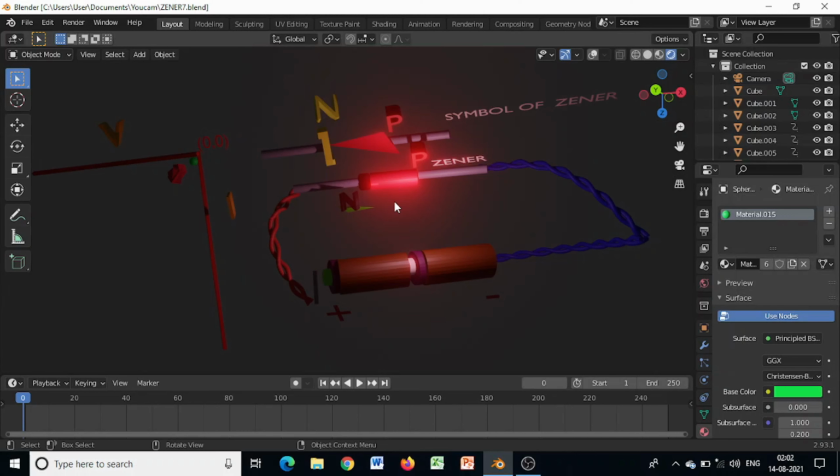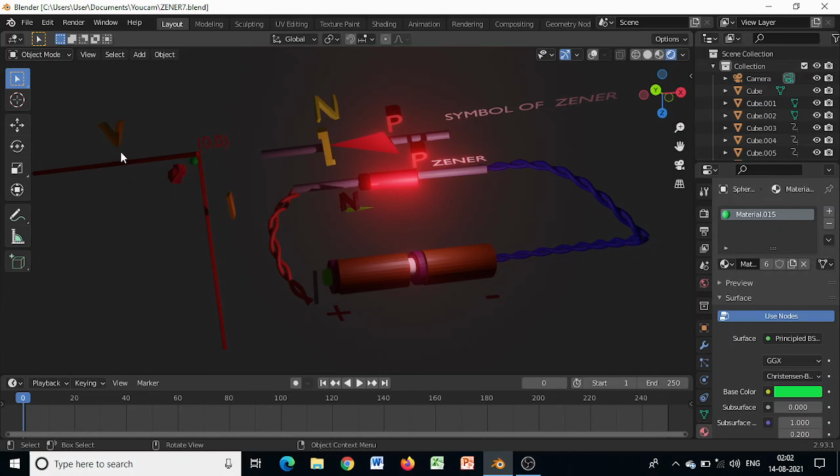As soon as the key is closed, look at this key. It's very important. Look at this position of the key. It is now open. Look at this animation. As soon as it is closed, current will increase. Current will start, because this voltage is above the Zener breakdown voltage, so high current will flow, which is